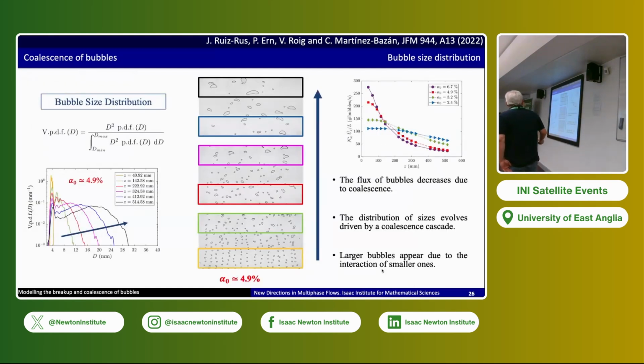Just as a sample, you see here, for one of these void fractions, the color shows the different windows that we are plotting, and here we see the evolution of the probability density function. Initially, we have a monodispersed production of bubbles, and the distribution broadens as the bubbles coalesce, right? The flux of bubbles is here. For the low void fraction, we see that initially we don't have coalescence, and then the flux of bubbles decreases because they start coalescing, and for larger void fraction, the coalescence process starts from the very beginning.